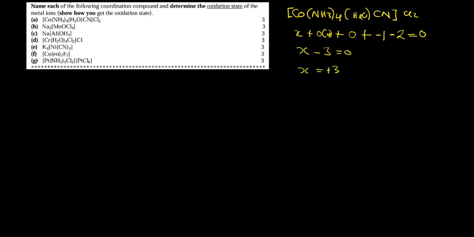So this cobalt here is having the charge of 3. So say cobalt 3 plus, like that. So this is the oxidation state of this guy cobalt. So now naming this, according to alphabetical order, we have groups of ligands such as amine, we have water, which is aqua, we have cyanide. All right, so in alphabetical order, we have amine there with double M and we have aqua there. All right, so we can see they both start with A as well. So what we'll do is we'll say